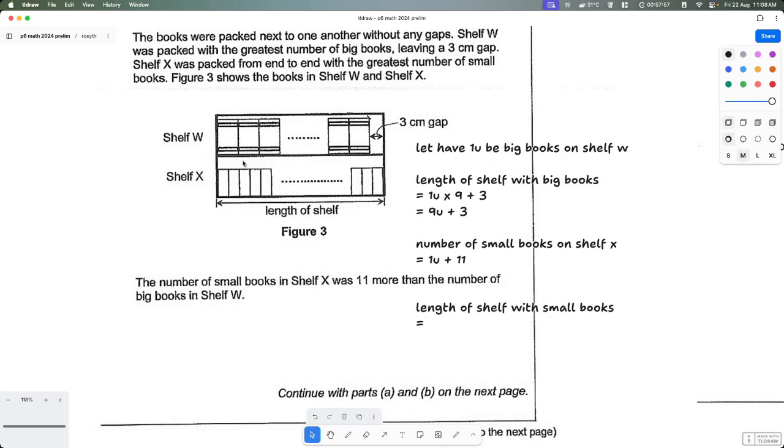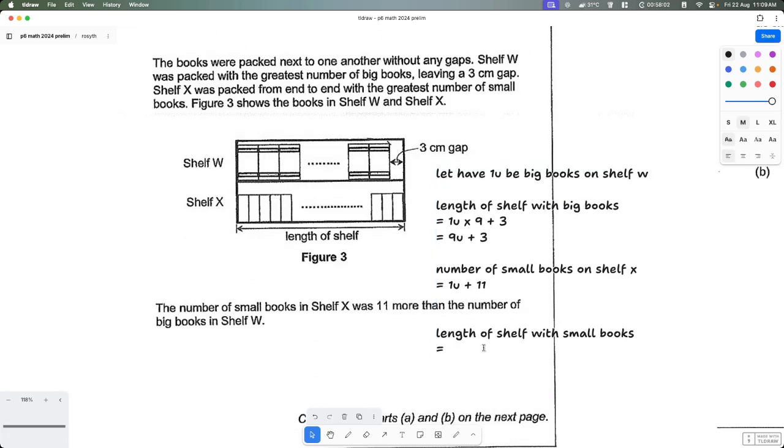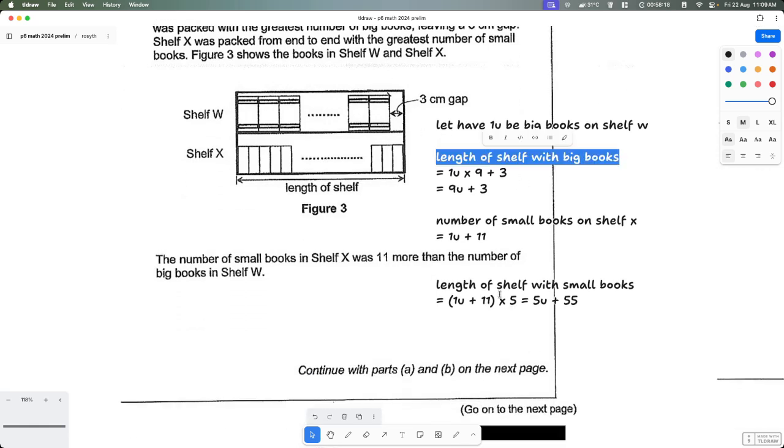So we know that the small book has 5 centimeter thickness. So that means we just have 1 unit plus 11. Make this into one bracket because it's the number of books times 5. And this will be 5 units plus 55. Since the length of the shelf is the same, we just put 9 units plus 3 equal to 5 units plus 55. So that means this will be 4 units equal to 55 minus 3, which is equal to